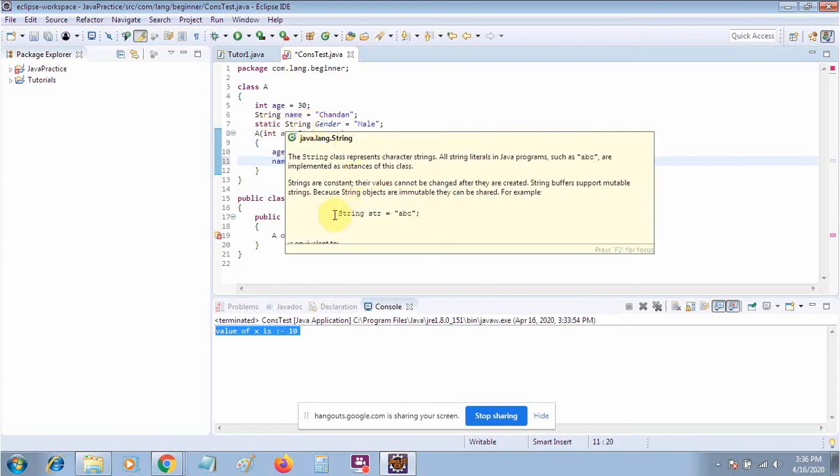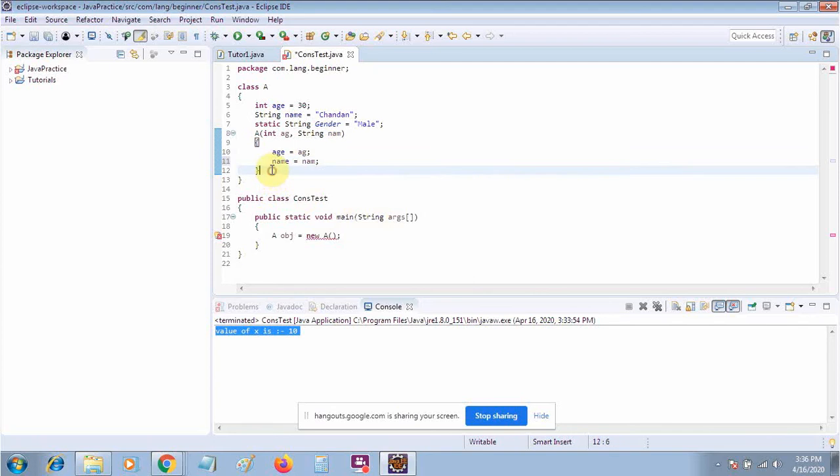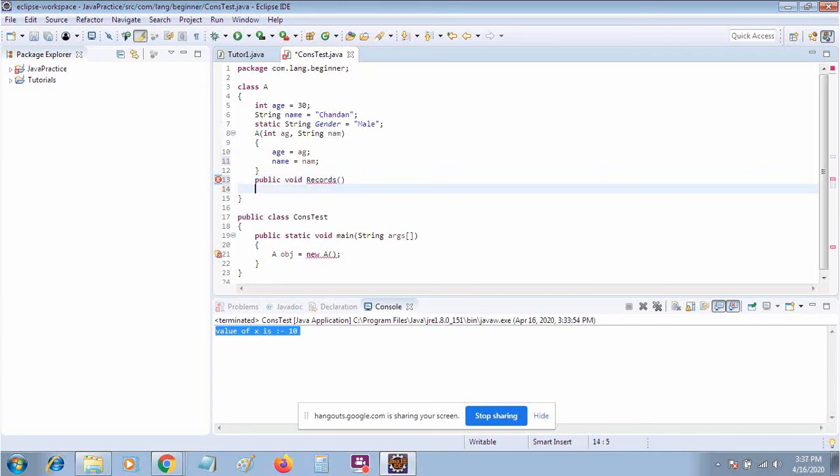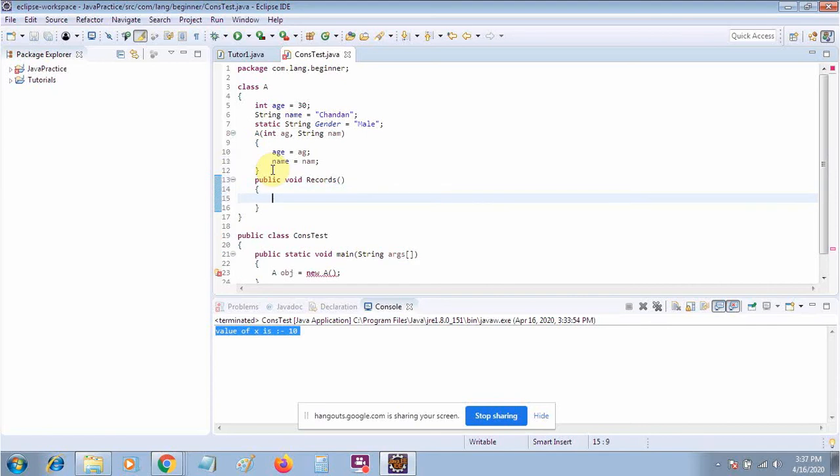Okay, so suppose that we have one more method like public void record. Okay, then let's move this. And we will use System.out.println, and we are just printing all the things like your details are added.